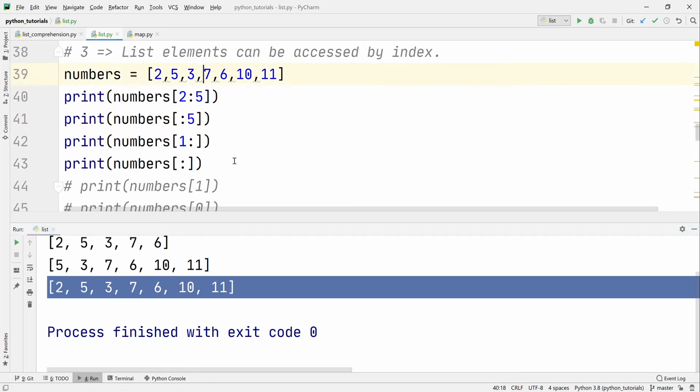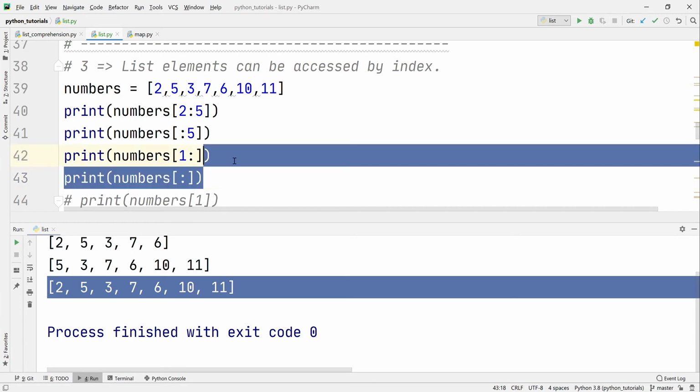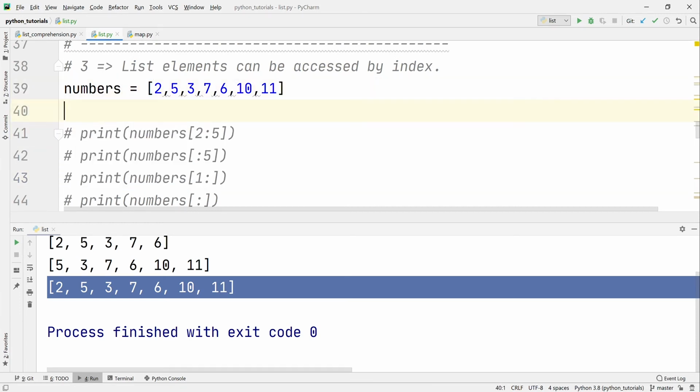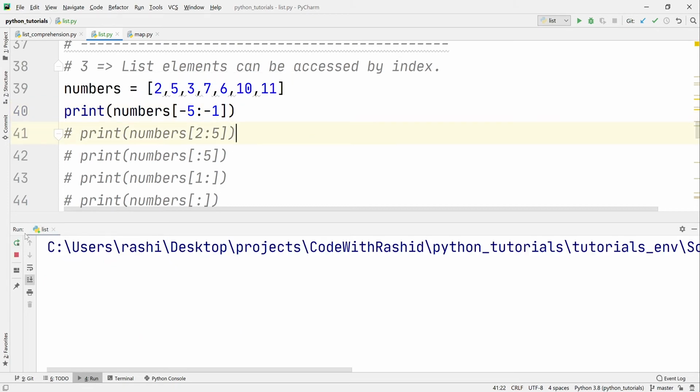Now I'll show you how you can use the negative range. This is the positive values range. Now we'll use the negative values range. In this case, we say numbers, start from -5 and to -1. So what is the output in this case?